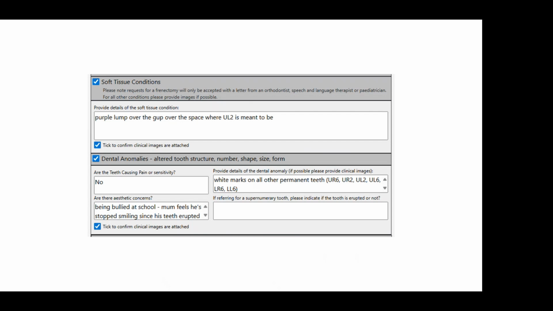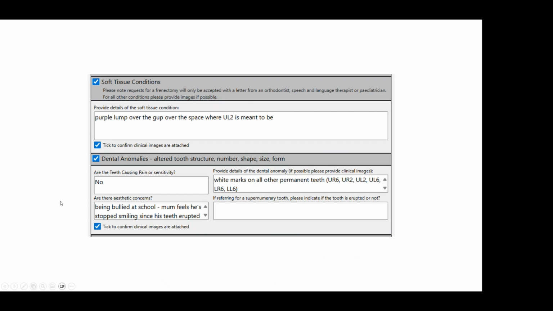This child would have been triaged to a dental hospital, waited quite a significant amount of time, then eventually been seen, and probably by then the upper left tooth had erupted and it was retrospectively diagnosed as an eruption cyst. However, if you provide an image, then we can either give advice immediately via email to the referrer,